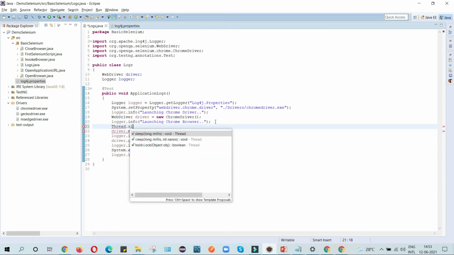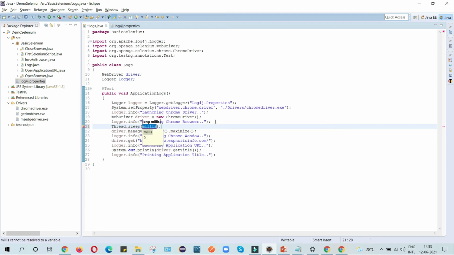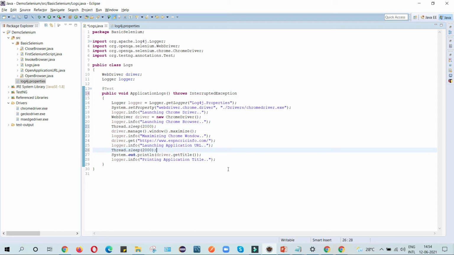Thread.sleep, and I will write like 2000 milliseconds. Here I will provide the exception, and this line I will just copy and paste it here. And I just remove this launching Chrome driver text.